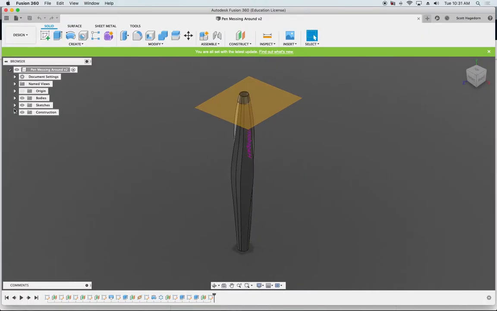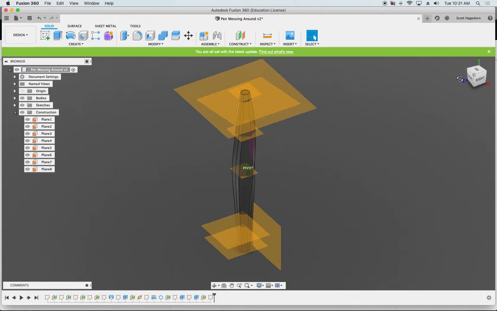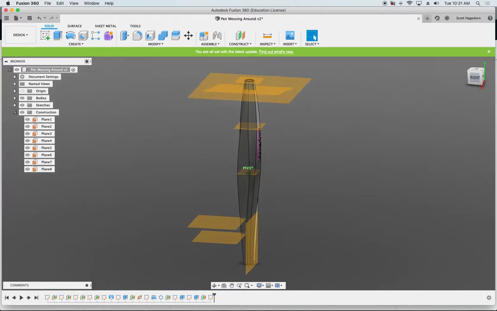So if you look at this one, I've got a lot of different construction planes. This one has a wide variety of construction planes, partly because I was trying to get some different things on here and just messing around with it. However, if I wanted to do something towards the bottom of this one,